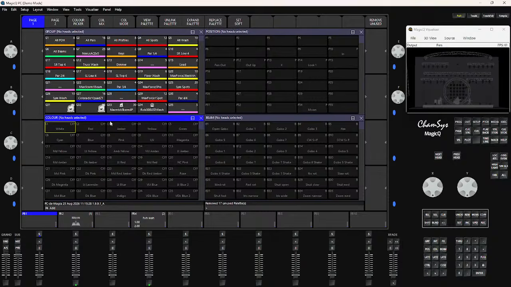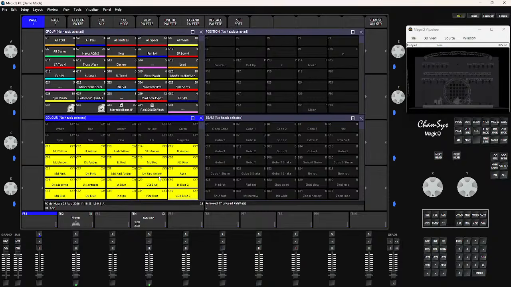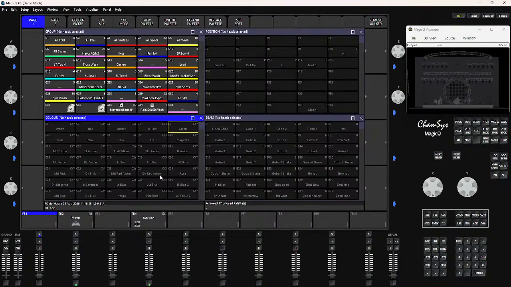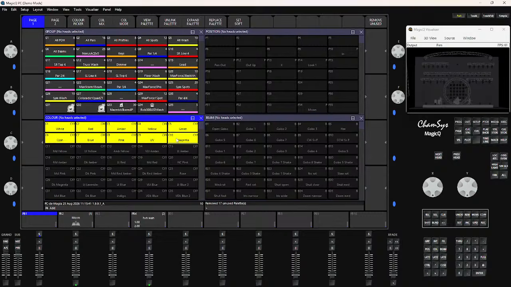If we do it with color, it's probably going to get rid of a majority of these colors down here, because these are the colors that we include with Chauvet fixtures. They're more theatrical style colors. The general colors that you'll always get are going to be this, white to magenta, these first 10 colors. These are going to be built into every single palette that we create always. I'm sorry, not palette, but every profile,